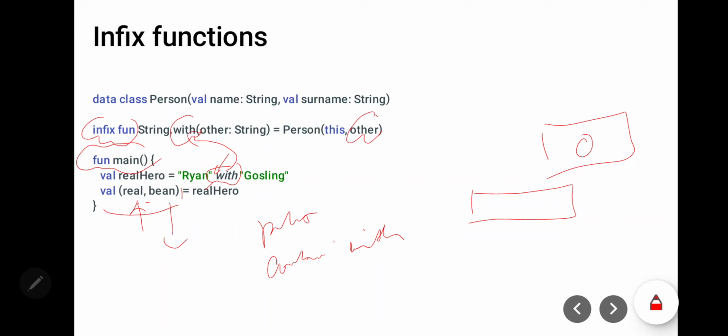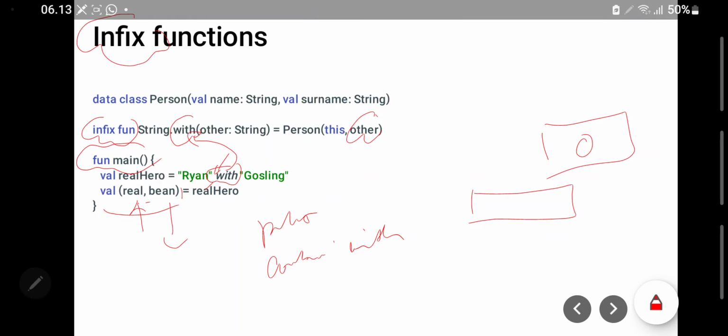I hope you understand this explanation about the infix function. When you use the infix function, if you want to make your code simple, and like human language, you can use the infix function.